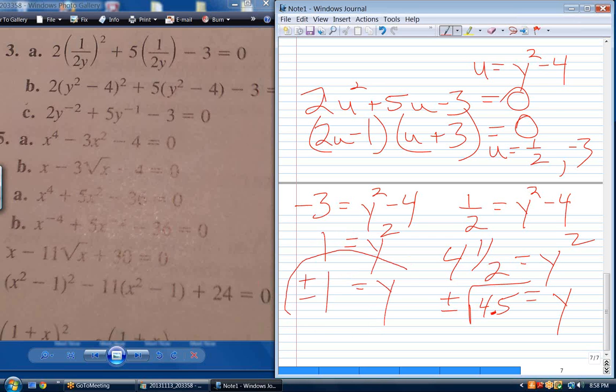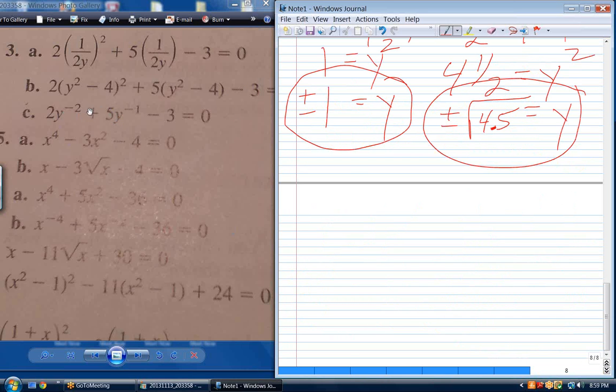All right, so 4 solutions. Again, this is a quartic. Notice that if I were to expand this, I would get y squared squared, so I would have a y to the fourth. So I should have 4 solutions, and I do. Okay? Now,